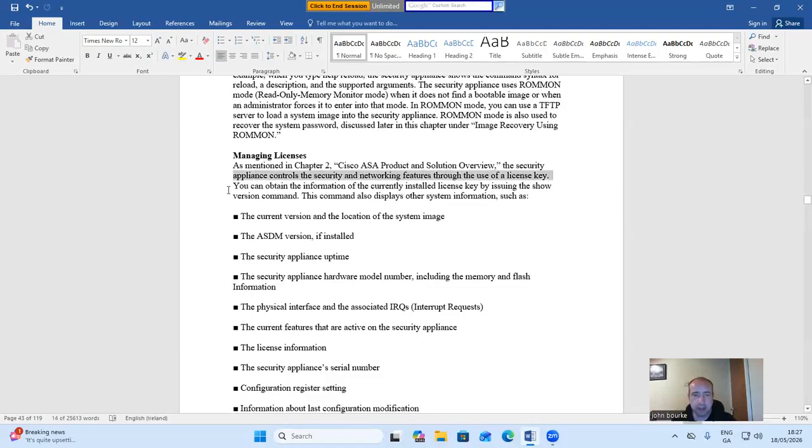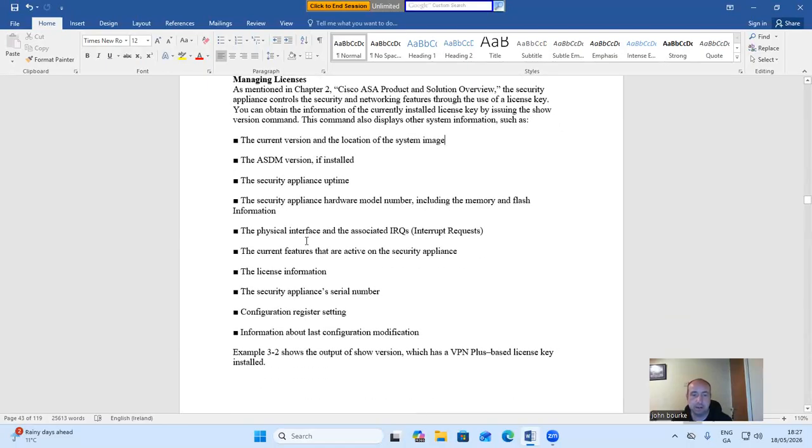Managing licenses. As mentioned in chapter 2, Cisco ASA product and solution overview, the security appliance controls the security and networking features through the use of a license key. You can obtain the information of the currently installed license key by issuing the show version command. This command also displays other system information such as the current version and location of the system image, the ASDM version if installed, the security appliance uptime, the security appliance hardware model, including the memory and flash information,